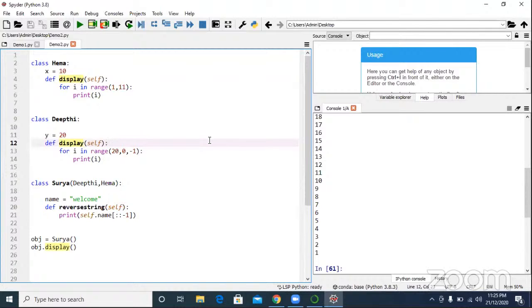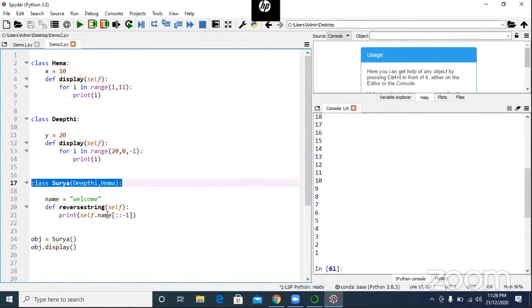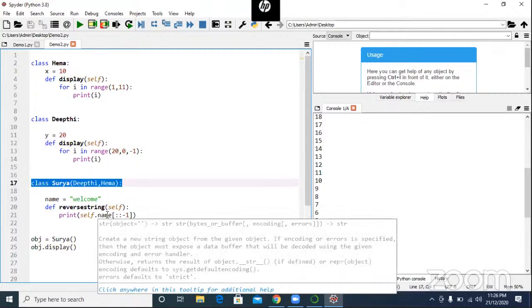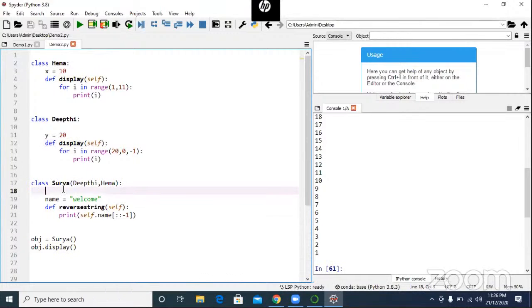So how many types of inheritance are there? Four: single level, multi-level, hierarchy, and multiple. One subclass having multiple superclasses is multiple inheritance.